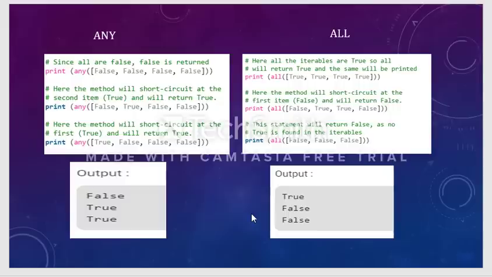Okay, so any and all, there are two things. In our practical life also, we may come across so many conditions where we have to satisfy all the conditions, or we may satisfy any of the conditions. These kinds of situations can be handled with any and all. Similarly in Python programming also, there are some situations where we need to take decisions by satisfying all the conditions or by satisfying any of the conditions. At that time these concepts can be used. Okay, next.